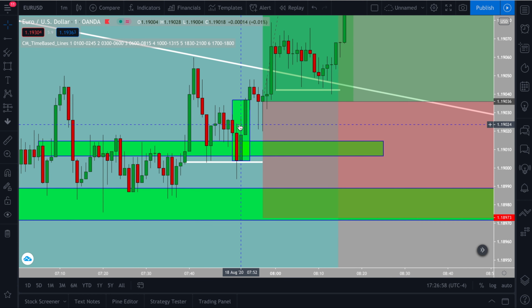some other resistance. As long as it doesn't break this demand right here or this support right here, price comes up, breaks it. This right here, I consider my bullish engulfing pattern. These candles right here are bigger than these candles. It closed above these candles, and so this was my entry right here. So that's why I put my stop